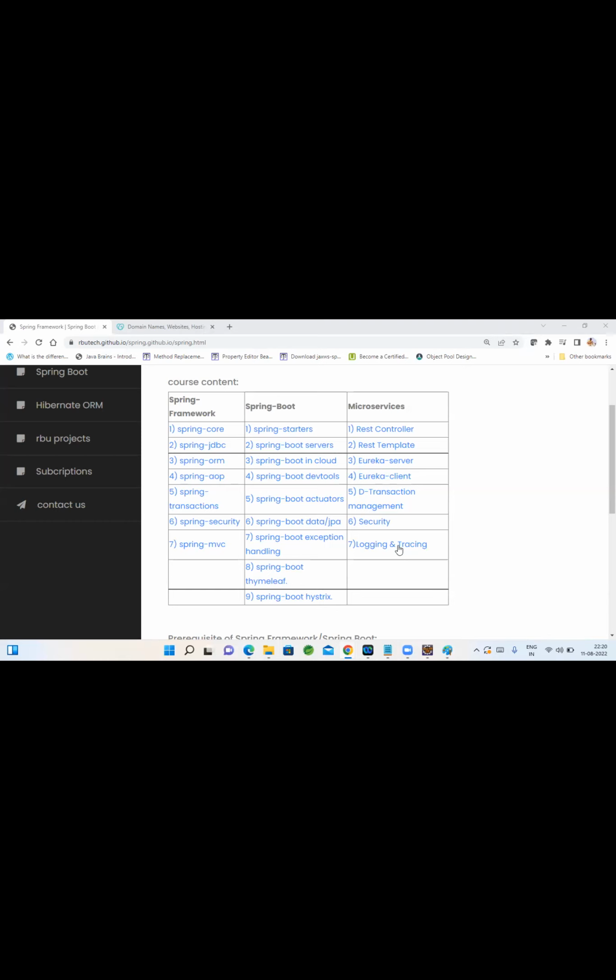So fees related, we need to discuss with the admin only. About the fee details, we need to discuss with the admin only. Fee details and all, talk with the DURGASOFT team.